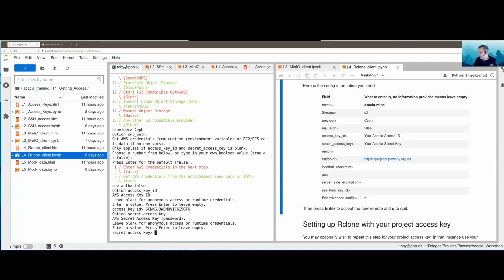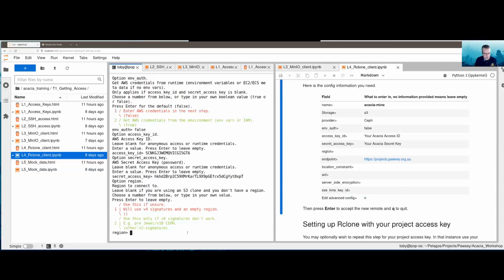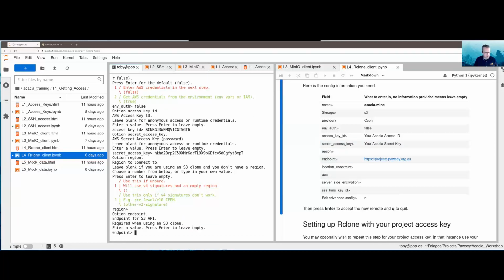And the secret key, that's also the one that was given. Okay. Do we use the region? So there's nothing there for the region. So we just type enter. And then when it says endpoint, I'll just copy paste